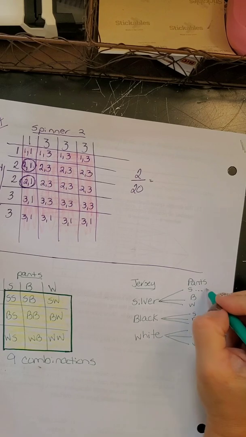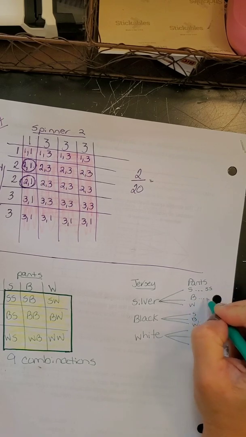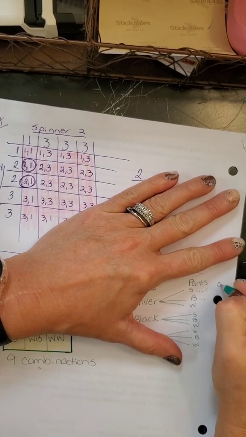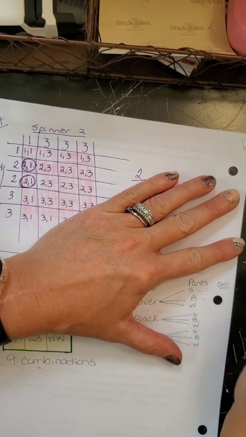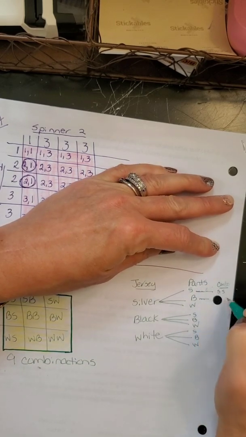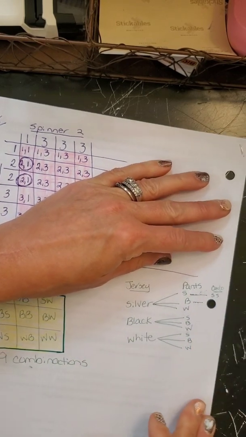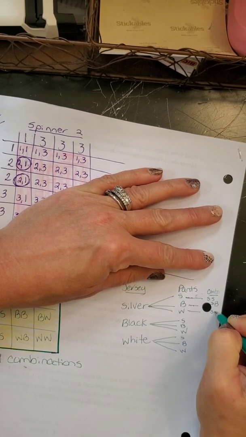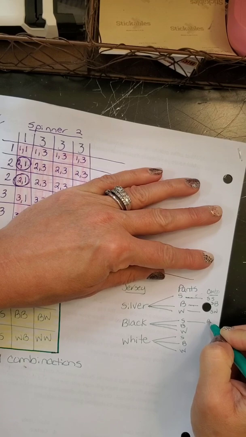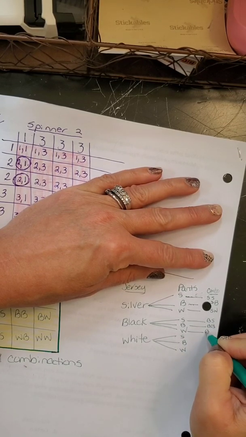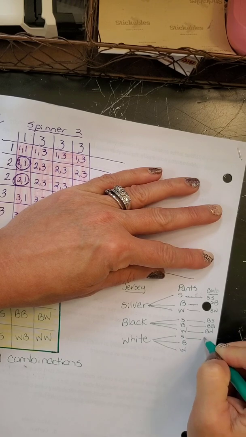And so when we come out here and write our combinations, we have silver, silver. Can you see that? Silver, black, silver, white, black, silver, black, black, black, white,